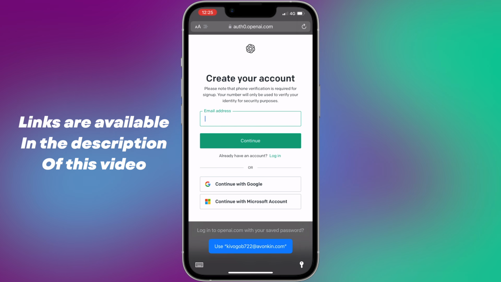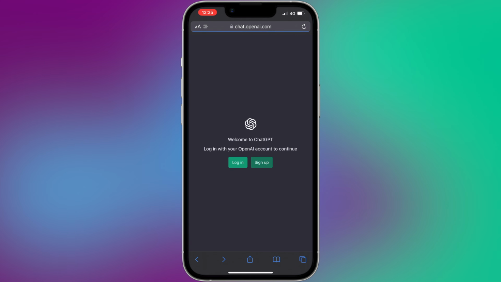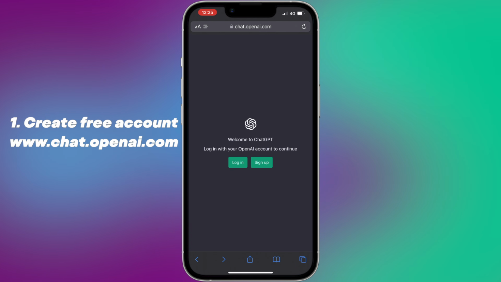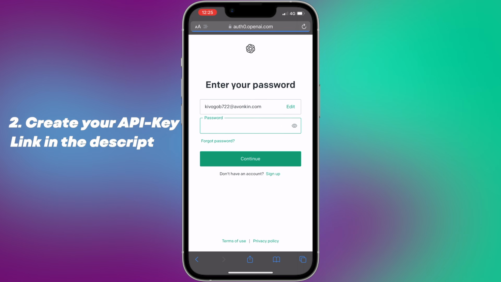So how to install it on your device? It's really simple and fast. First, you have to create a free account at ChatGPT. Go to chat.openai.com and create your free account to use their artificial intelligence service. I will leave all the links in the description of this video. Next, go to